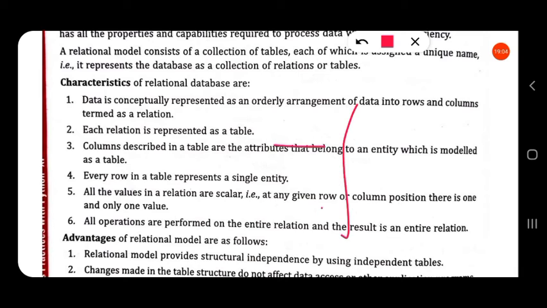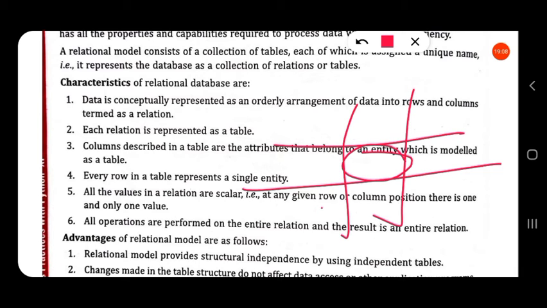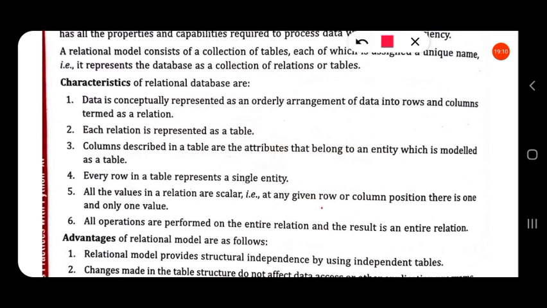That is, in a cell. This is a cell. So in a cell, only one value will be present. Then all operations are performed on the entire relation, and the result is an entire relation. So every operation is performed on the entire table, and the result is reflected in the entire table.